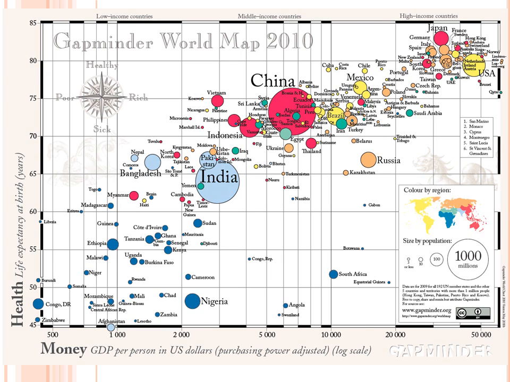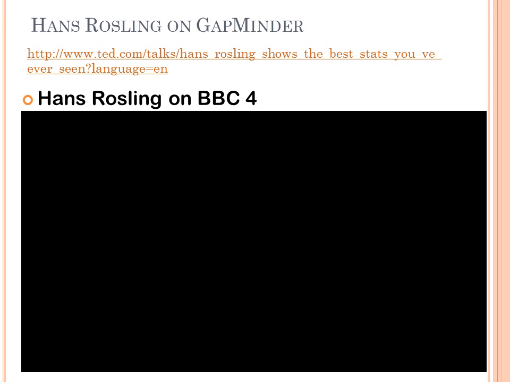There's some very good software called Gapminder where you can look at the various axes of development. This page shows you health, GDP, but also size of country by the size of the bubble. If you Google Hans Rosling on BBC4, you could see the video that I've depicted below, or one of his other TED Talks to show Gapminder in action.